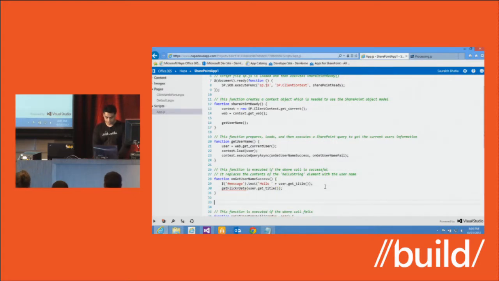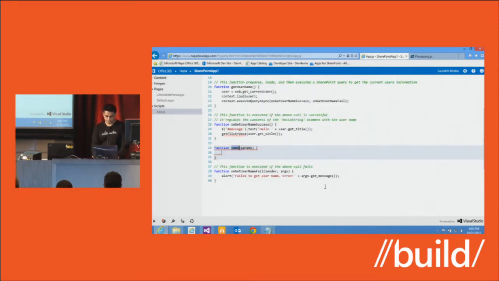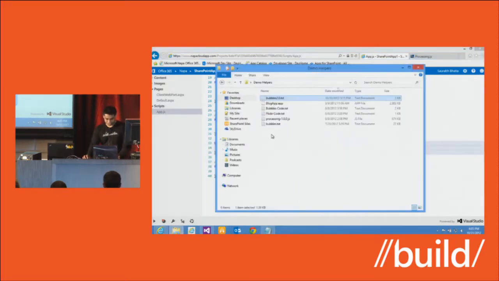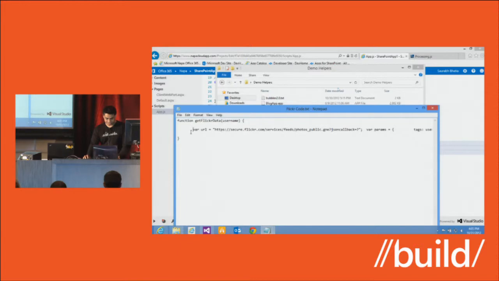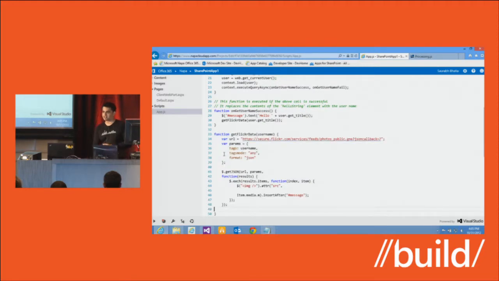And I will, again, use the snippet functionality to define getFlickrData. And this time I do need a parameter, which is the username. So to make the actual call, I rely on my notepad again. And that's just a call to Flickr, which is a public API call. It's passing it my username, and then whatever results I get back from it, I am going to just display them as an image. Right? So when I run this app now,